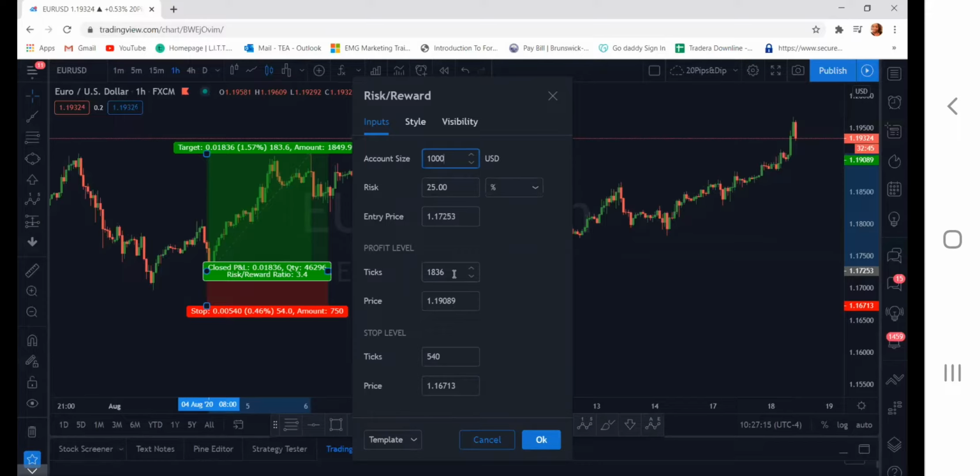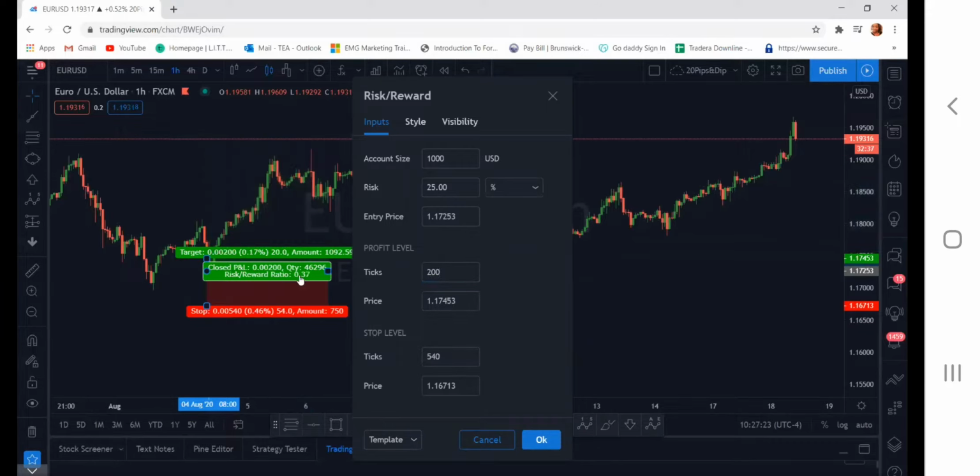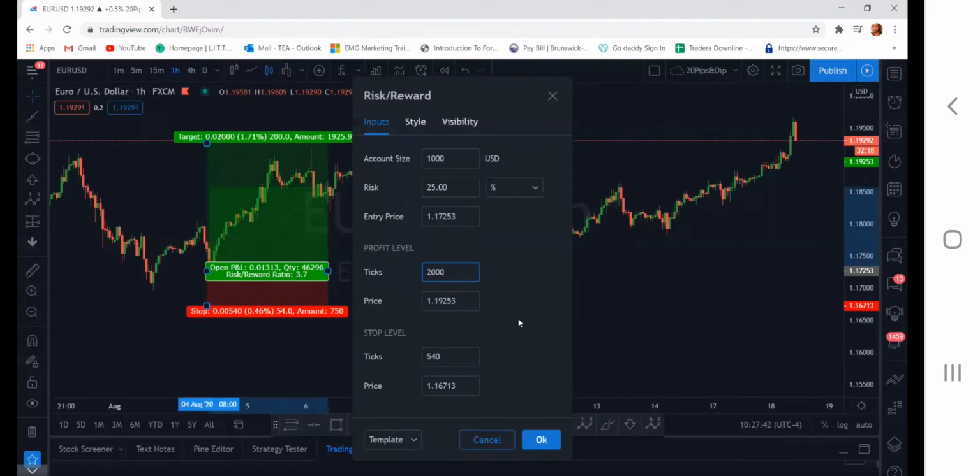So profit level where it says ticks, say for example, I wanted to go in for 20 pips. All right, that would read as 200 ticks, and this area would now change and it would show you 20.0. So 200 ticks equals 20.0 pips, and it gives you the exact price on the chart where that would be located. If I wanted to go for 200 pips, this is how it would look. 2,000 ticks, 200 pips. Now, stop level is the same exact thing. So if I wanted to go for 50 pips,